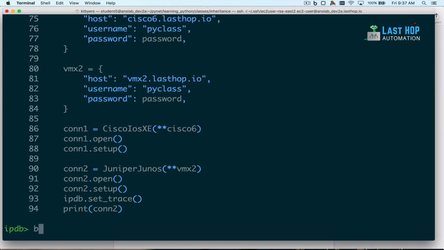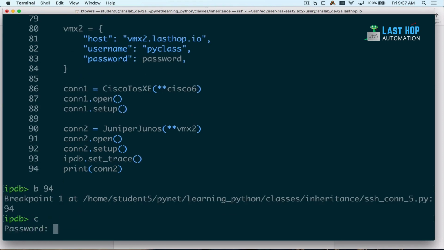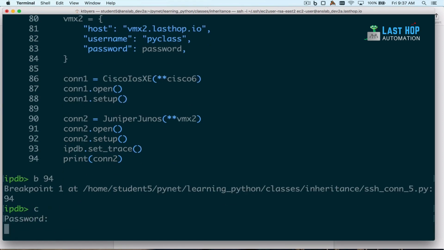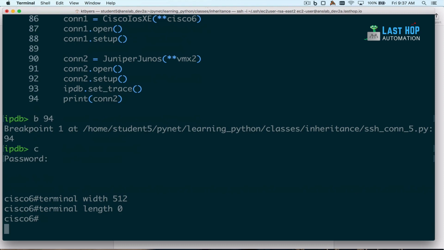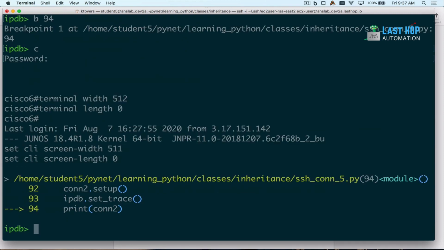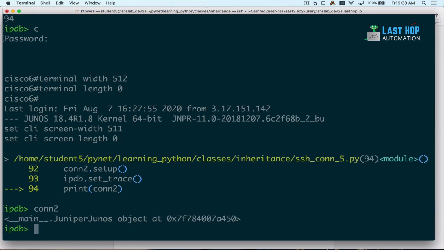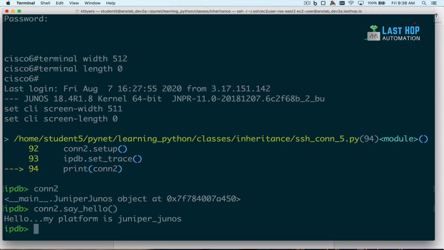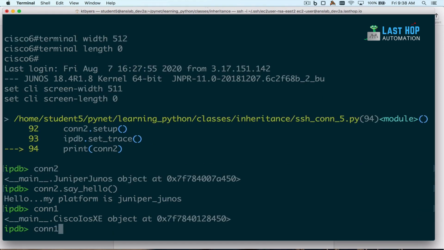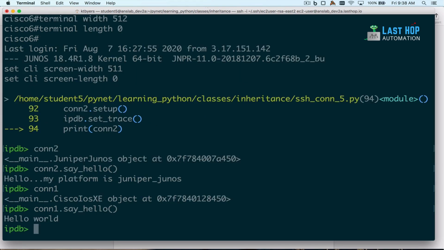Okay, so I'm going to put a breakpoint at line 94, execute that. Okay, there's Cisco iOS XE, there's Juniper. Okay, so now if I do con2.say_hello, so con2 is the Juniper device. If I call the say hello method on Juniper, you're going to see that we have that method. Now if I call con1, that's the iOS XE. If I call say hello there,